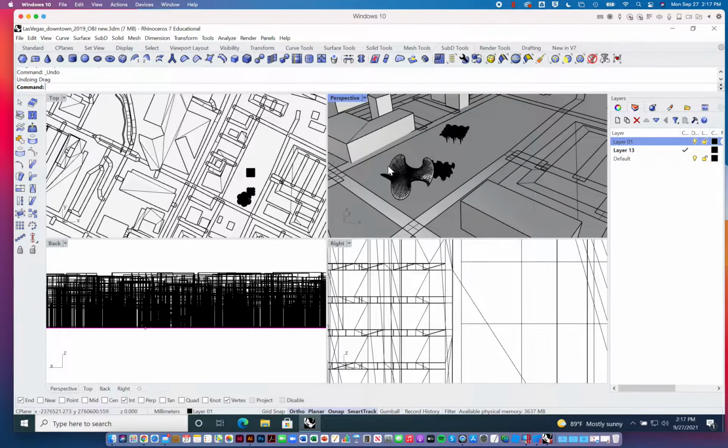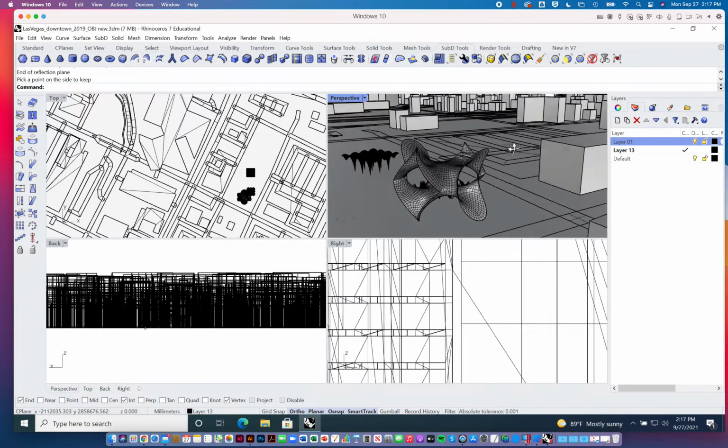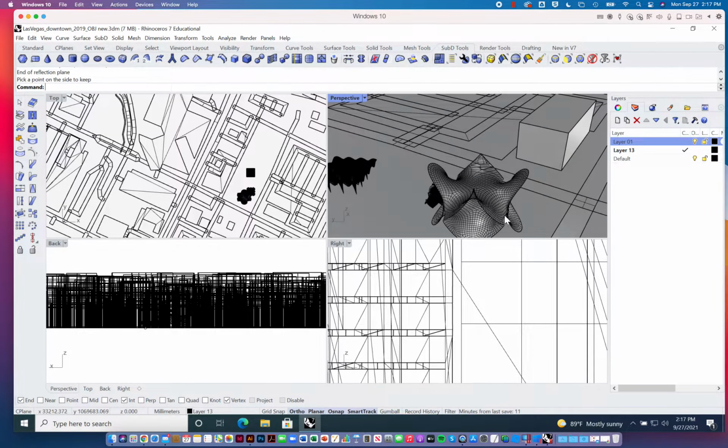What did it just do? I don't know why I didn't delete the original surface. That's annoying. Anyway, a good craftsman never blames his crappy tools. Am I right? All right. So reflect. In this case, I might start to add a plane, right, and then begin to make this thing grow, or begin to think